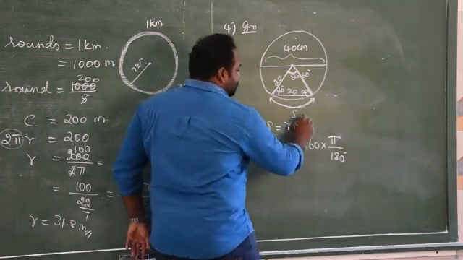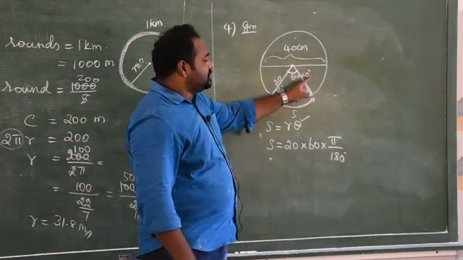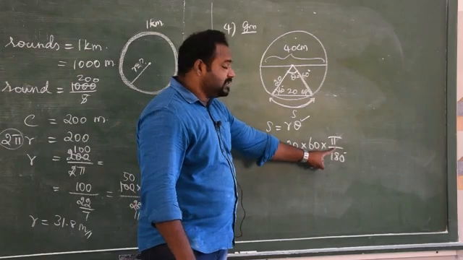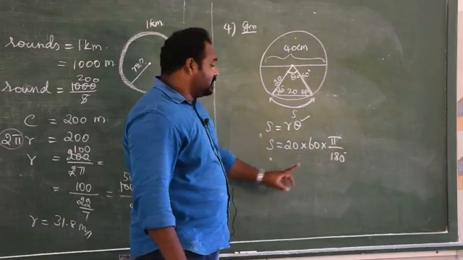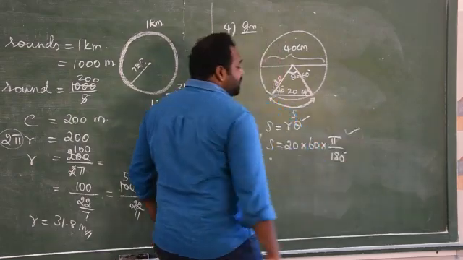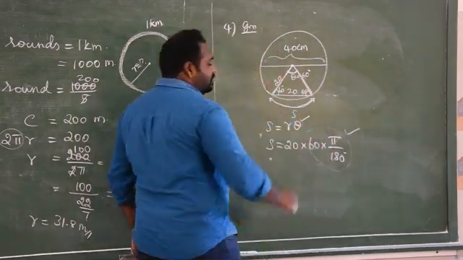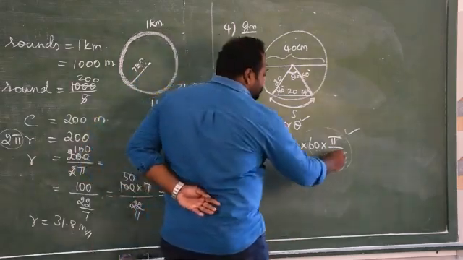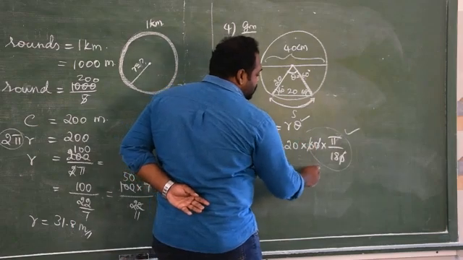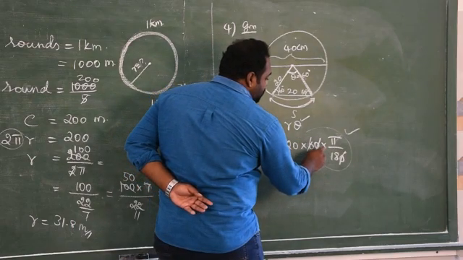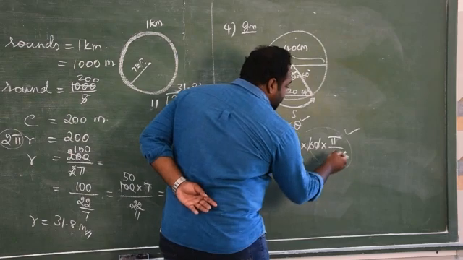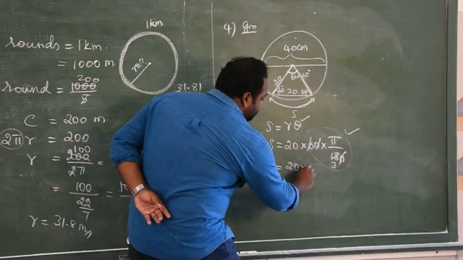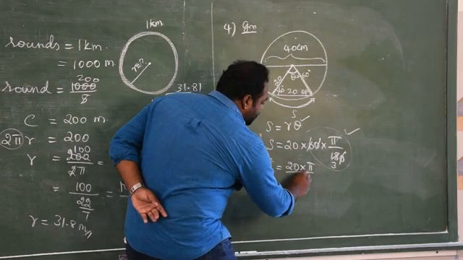As we know that theta is equal to 60 degree, we can't take 60 degree directly here. It is the wrong answer. So we have to multiply with pi by 180 to get the right answer. Okay, so always keep that in your mind. Always we have to multiply with pi by 180 with degree, then only we can have cancellations. So the 0 cancels, one time, 3 times. So this is pi by 3, S equal to 20 into pi by 3.